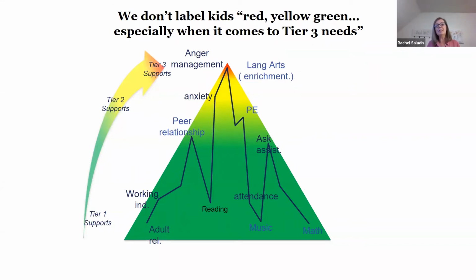Instead, we need to look at those tiers as ways to help us structure the many supports that students may need to be successful in all aspects of life. So if we need to respond to one of those type comments, a better example of a statement might be, Rachel is receiving tier 2 support for problem solving.